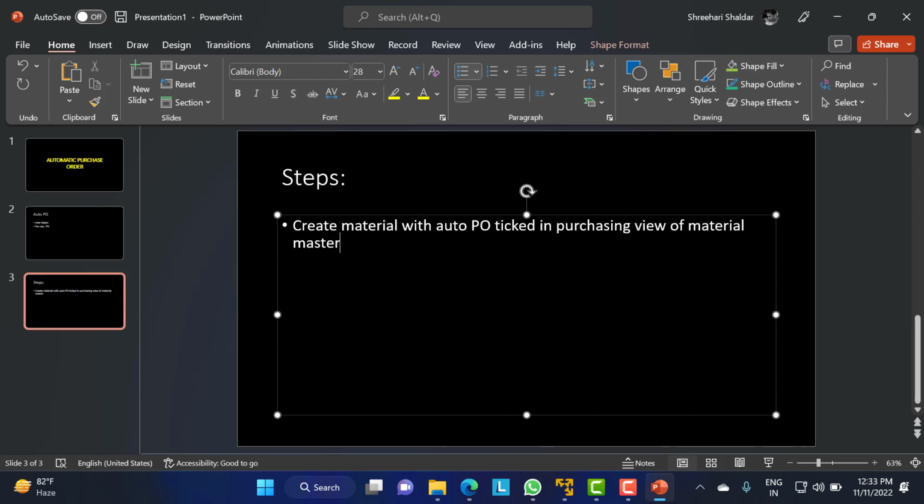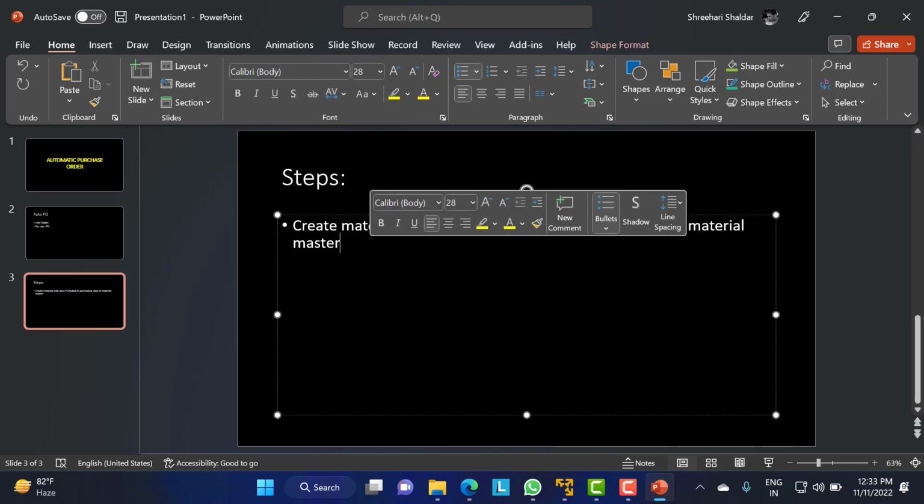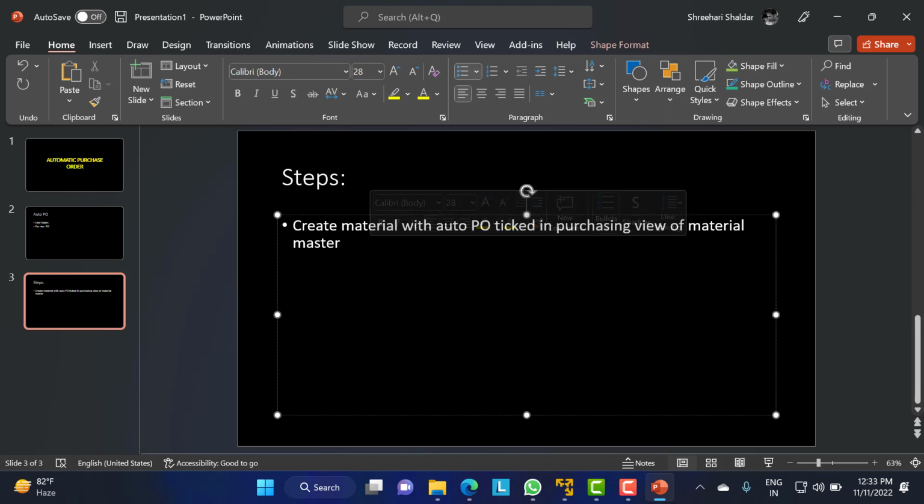In the material master, while creating, we'll get the purchasing view. In the purchasing view, we'll get the auto PO option. This should be ticked there. If we need auto PO for the particular material, we have to tick this auto PO option. If you already have the material, you can go through XK02 and tick this auto PO. That's it. And we need to create a vendor